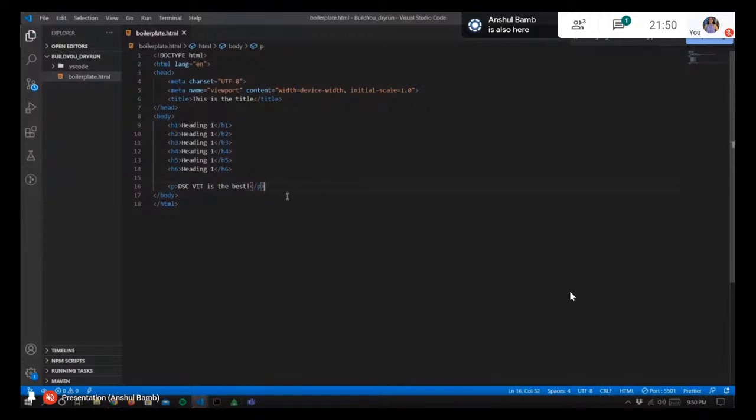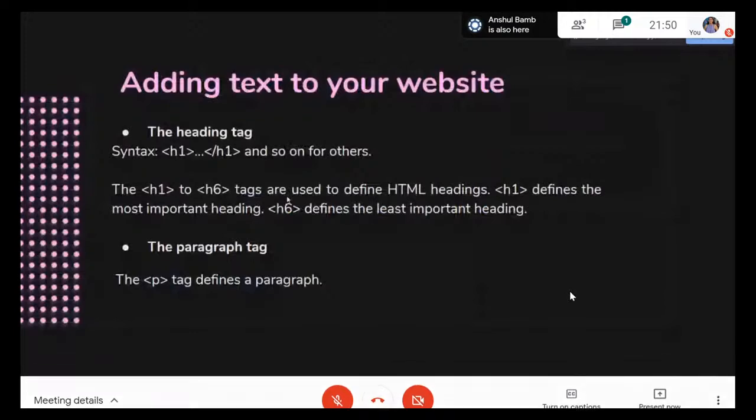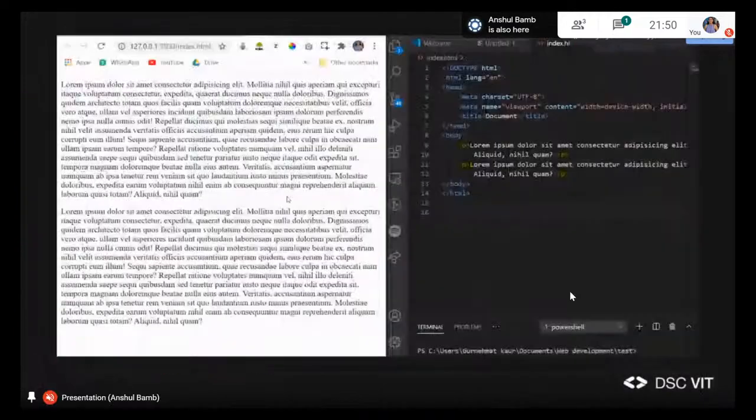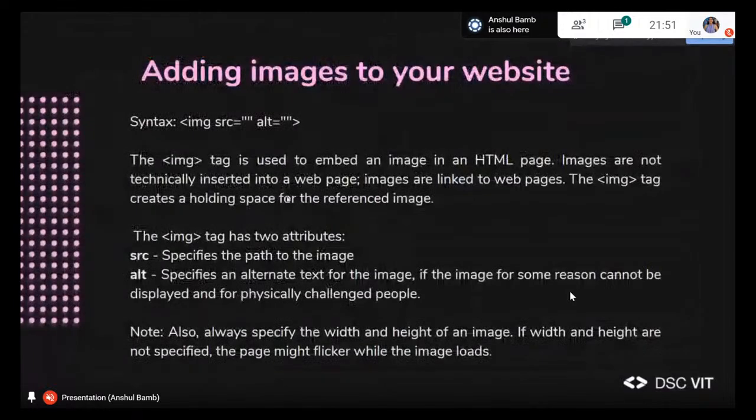Now let's try something else. Let's move on. We just tried out the paragraph tags and the heading tags. Now, images. Images are a very important part of your websites. They make your website look more beautiful and aesthetic. All the image tags are self-closing tags, meaning they don't need to be explicitly closed. The image tag has two important properties. One is the source and the other is alt. Alt is the alternative text or the description for your image, and source is the path for the image. So let's just